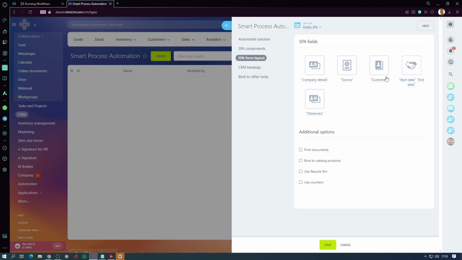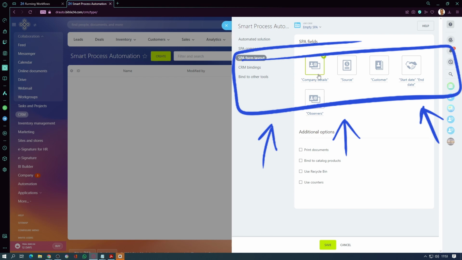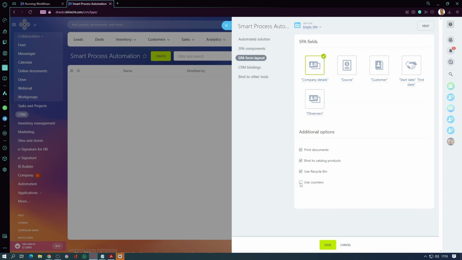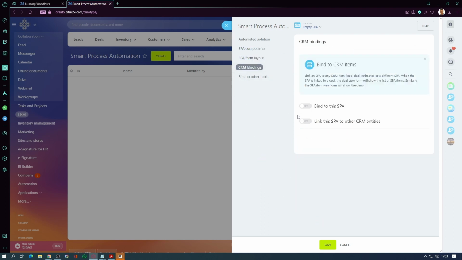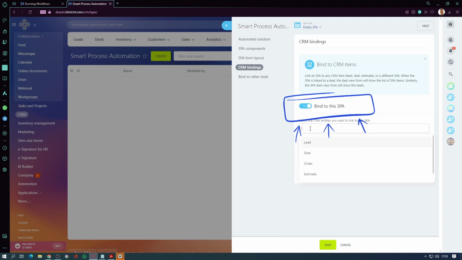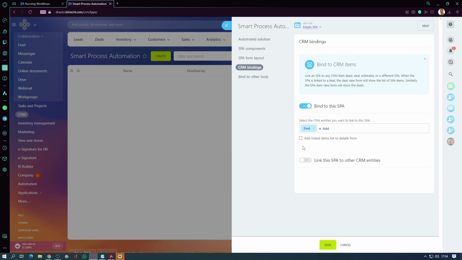To understand the SPA fields functionality within Bitrix24 Special Process Automation, these fields serve specific purposes within business processes. Bind to this SPA refers to the capability to associate specific CRM entities with a custom special workflow. This means you can select which CRM modules or entities should be integrated with the special workflow to streamline processes